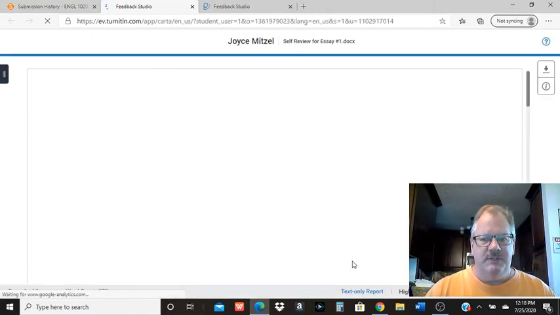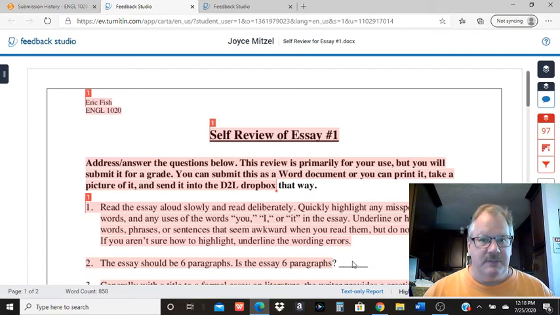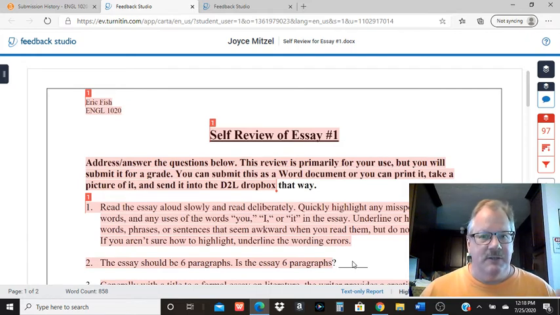And whatever you see highlighted, it's saying that somebody else has submitted this previously before you submitted your essay. And that's really all Turnitin is saying. It's not necessarily saying you plagiarized. It's saying somebody else has turned in the same information previously. So let's look at